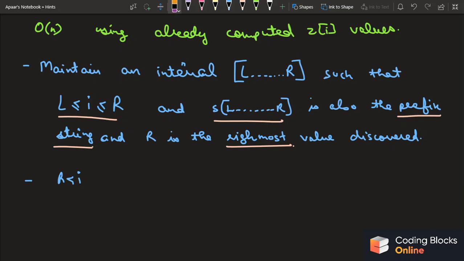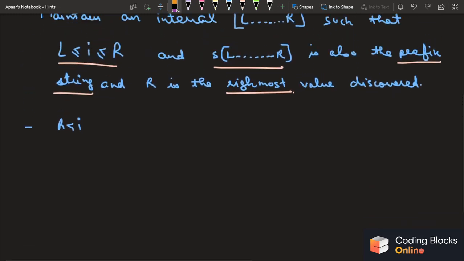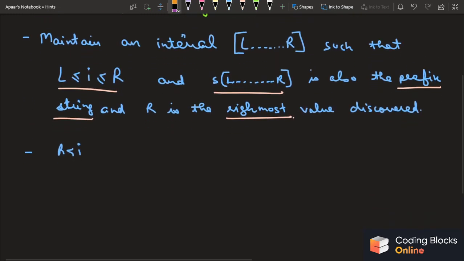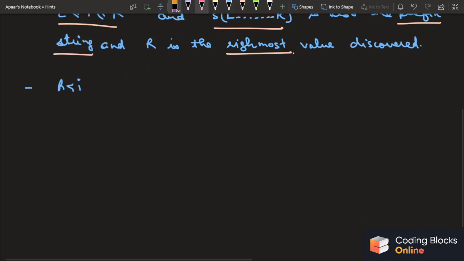So basically there are only two conditions, that either the I will lie between some L to R, that is a prefix, or that I will lie somewhere after the R index, right? So there are only two conditions. I'll also explain it, I'll take the examples also, don't worry. So we have two conditions over here, right? Okay, so let me just give you a quick example so that we don't get confused. What is the L to R and what is I over here?